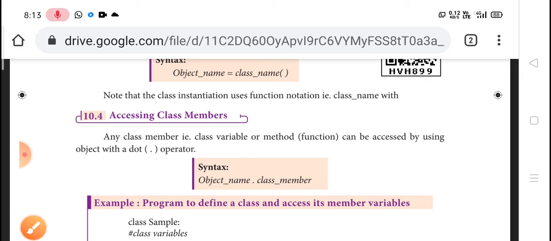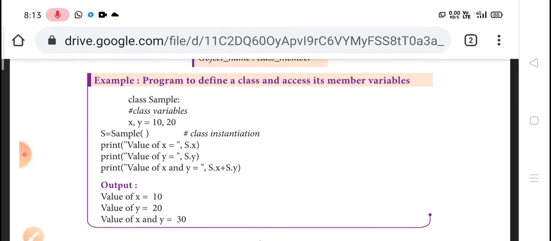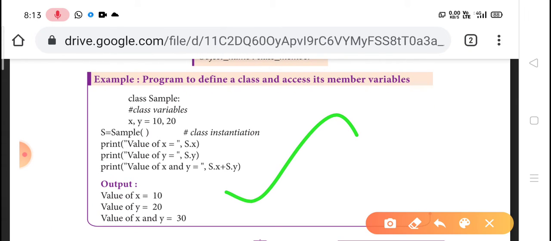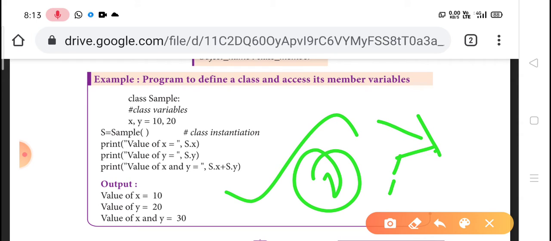The next question: write a class with 2 private variables and print the sum using a method. You have to use this program as the model program. This is the model program for that question, part 3 second question. The one difference is that the question says to use 2 private variables. Private variable means you must use a double underscore before the variables. Using this concept, you have to write a program and send it to me. This is your homework. Compared with this program, that is the only difference. You have to declare 2 private variables and print the sum using a method. Same program but with a single difference. Must write and send to me.